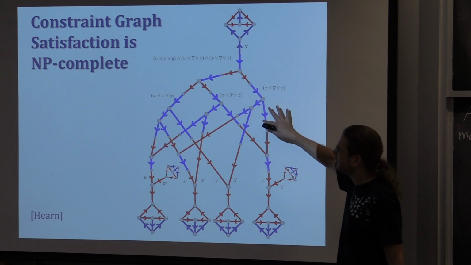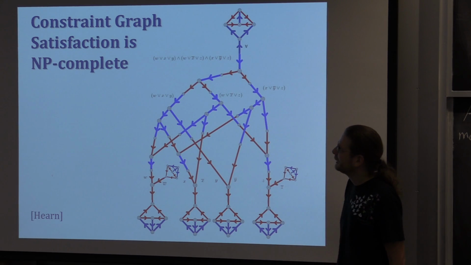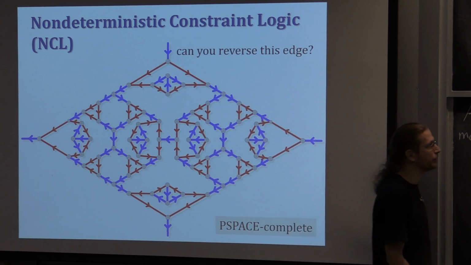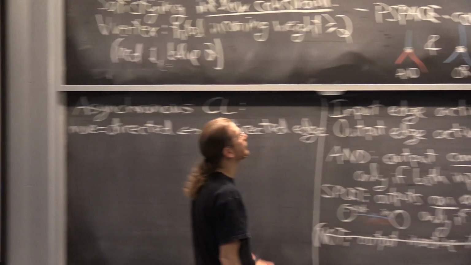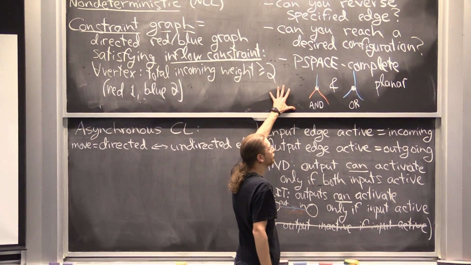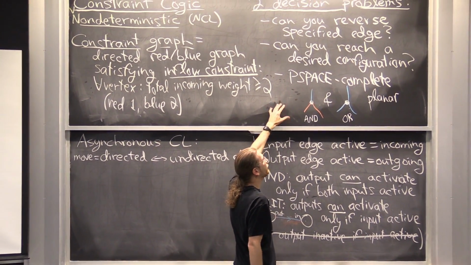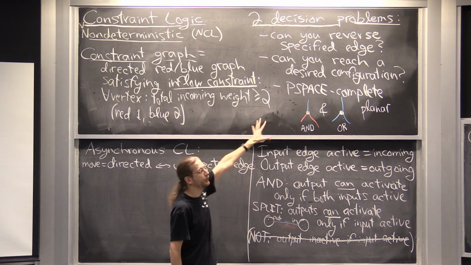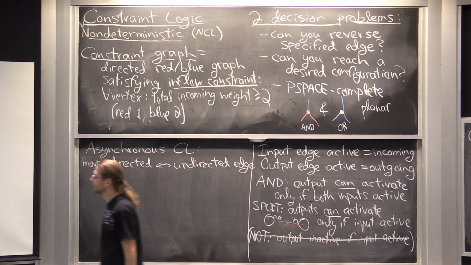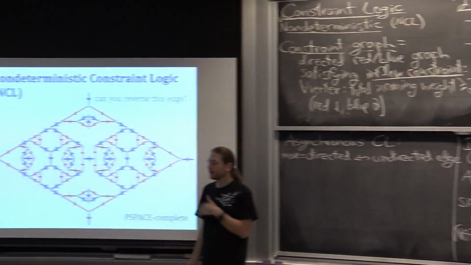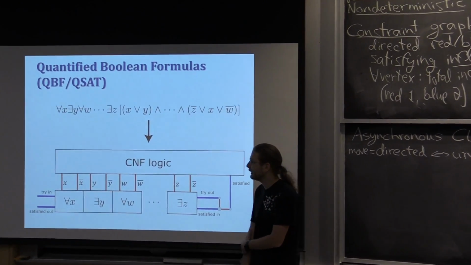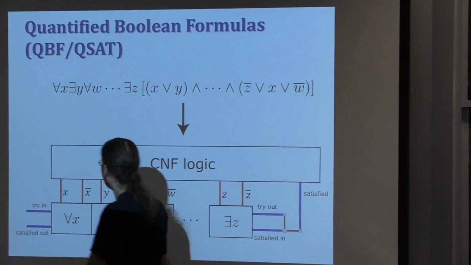So that was constraint graph satisfaction as NP-complete. Let's go to the reconfiguration problems being PSPACE-complete. So now I want to do a sequence of moves and flip one edge or reach a desired configuration. We'll start with just flipping one edge. We're going to follow the same kind of prototype that we saw last class with Viglietta's proof, where we're going